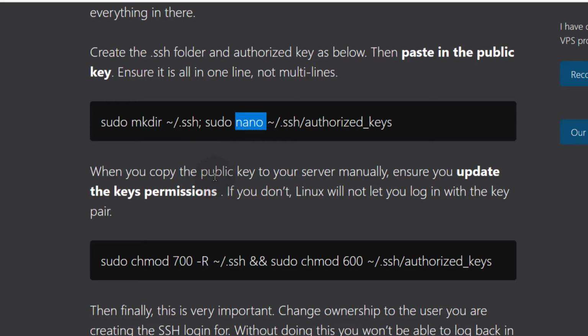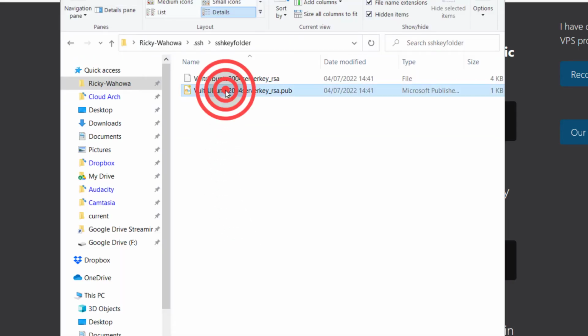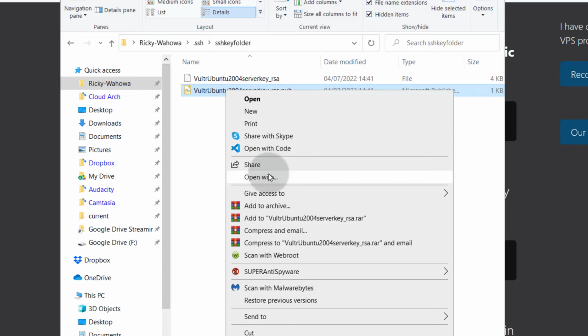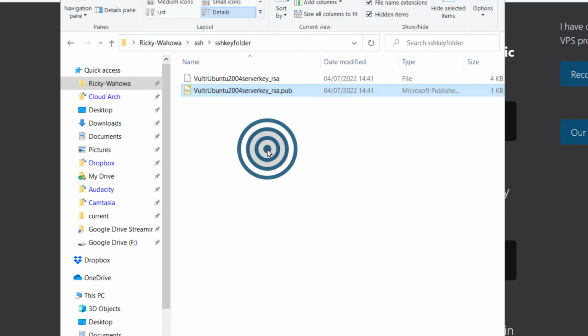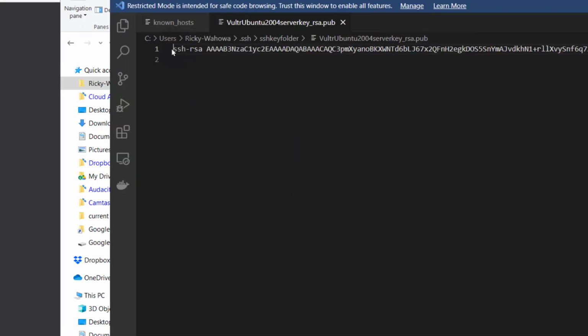If you're using Terminal, I think it's Control Shift V that's going to paste on Terminal. And which key are you copying in there? Come back here. This one, you can open it with Visual Studio Code, and you can copy it. So if you just do Control A,